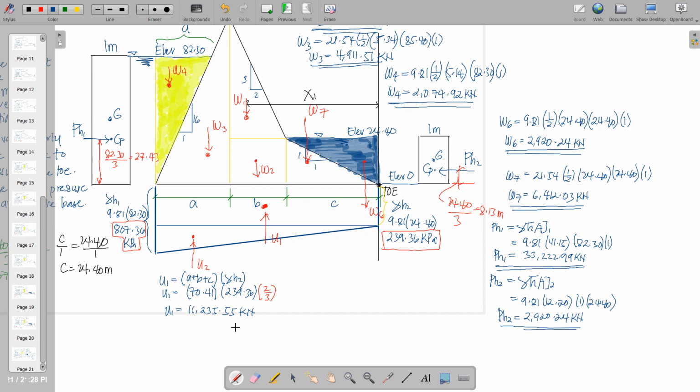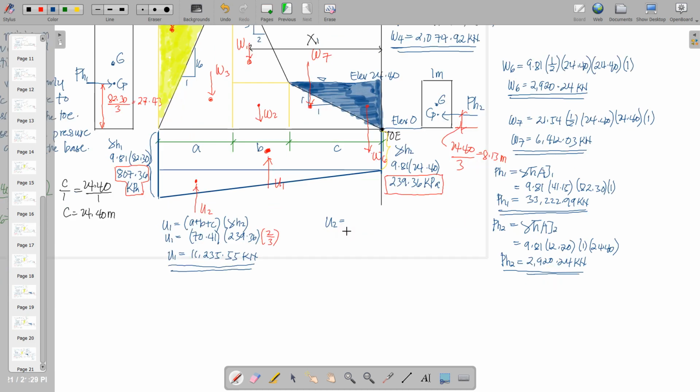And that will be equal to 11,235.55 kilonewtons. We also compute for U2. This is actually in triangular shape. So 1/2 of the base, which is A plus B plus C,